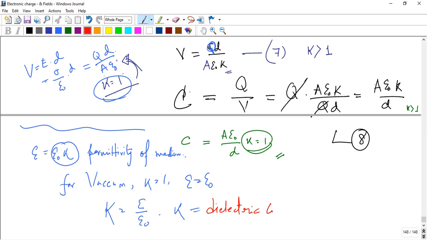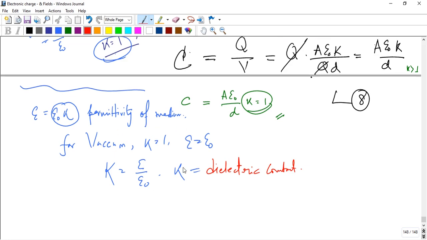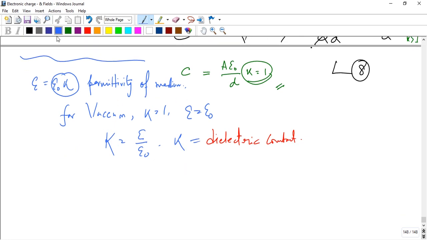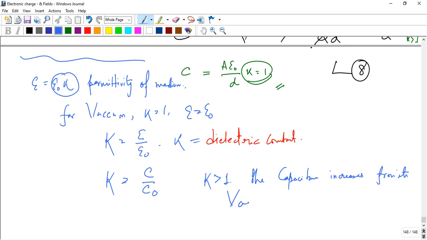Dielectric constant, and K is the dielectric constant, and finally we get K, another important K, that is equal to C over C naught. When K is greater than 1, the capacitance increases. The capacitance increases from its vacuum values